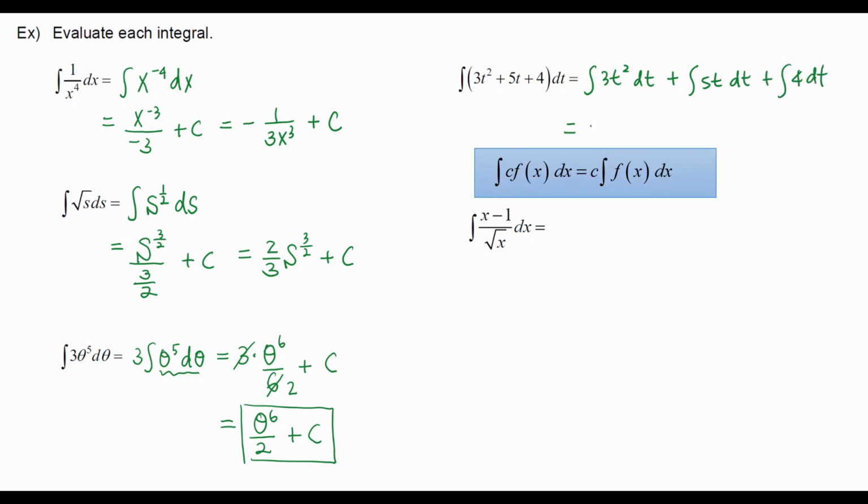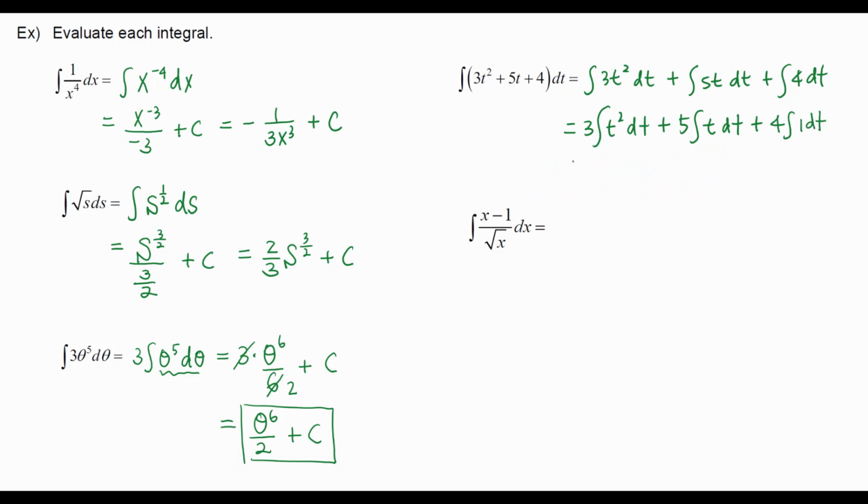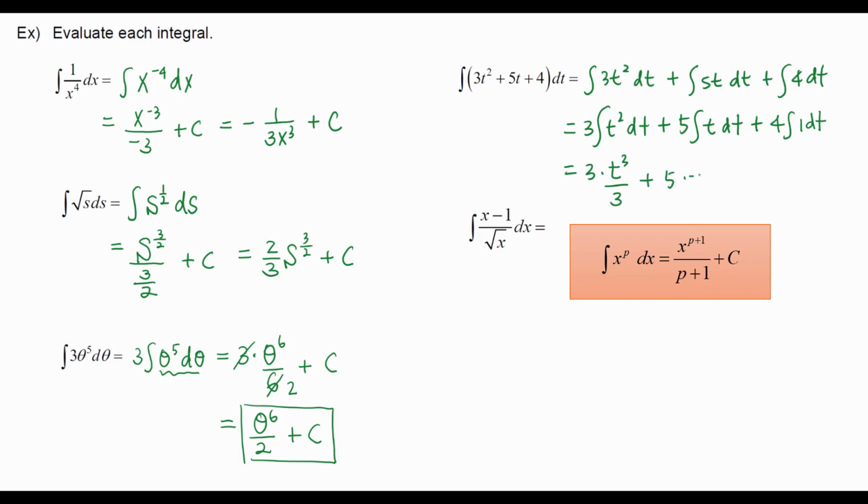And that's the same as 3 times the integral of t squared dt plus 5 times the integral of t dt plus 4 times the integral of 1 dt. Then this is equal to 3 times t, which gains 1 power, so it becomes t to the third power divided by that power, plus 5 times t gaining 1 power, so it becomes power 2 divided by that power, plus 4 times